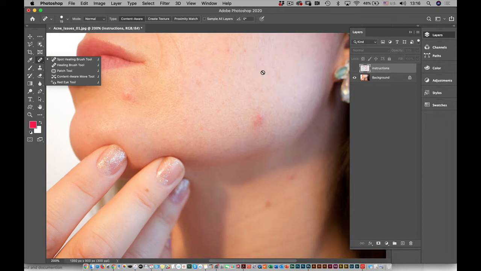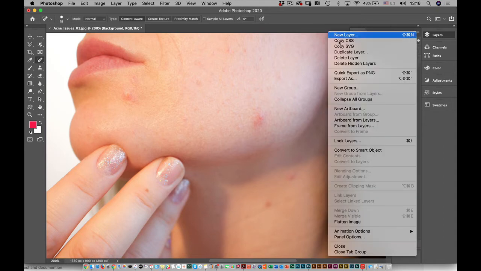Because what is the healing tool going to do? It's going to look at the blemish and think about what's underneath it, kind of with the color of the skin, and then try to heal it a little bit. So how should we use that? We're going to go on top of the background and open a new layer, and before that,